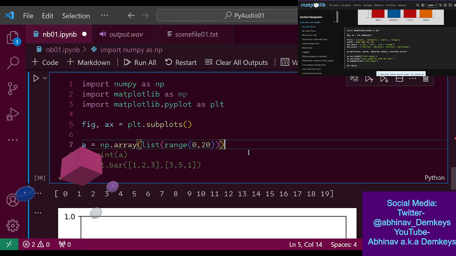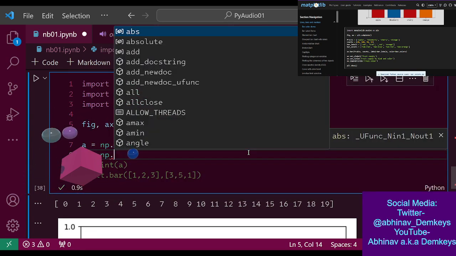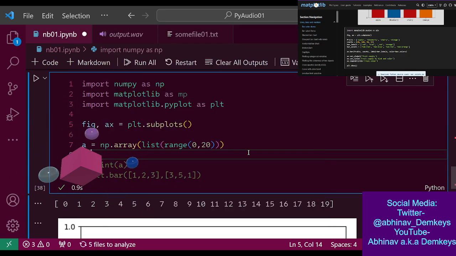So that's going to be our A, and then B can be, actually, I kind of want B to be random. Hold on, what was the random thing again?